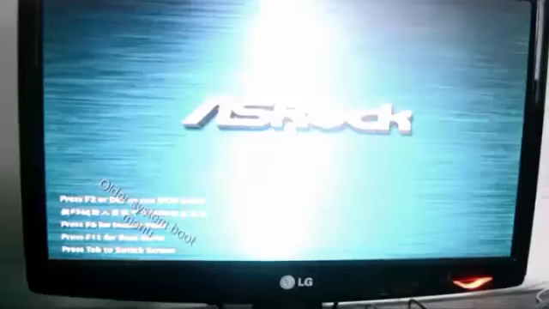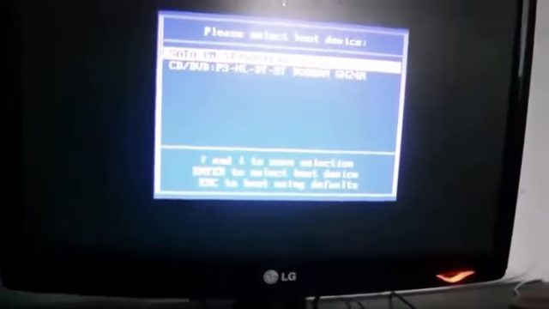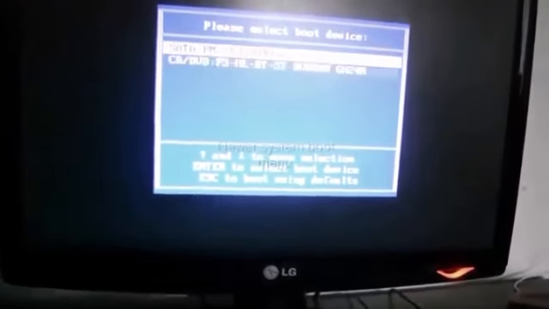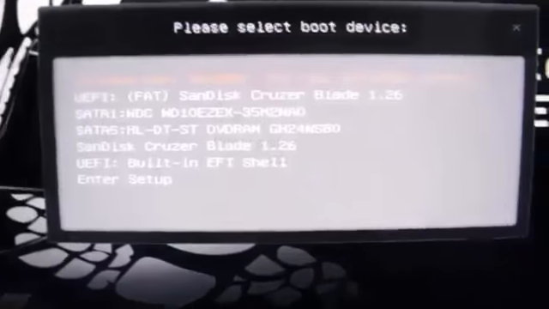Now all that is left is that you restart your computer with your USB device inserted. Now if the installation doesn't load up by itself, you just mash your F11 button or whatever button is associated with your boot menu, but that is in most cases just F11, and just move